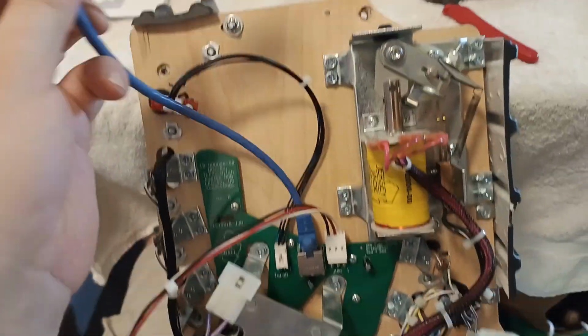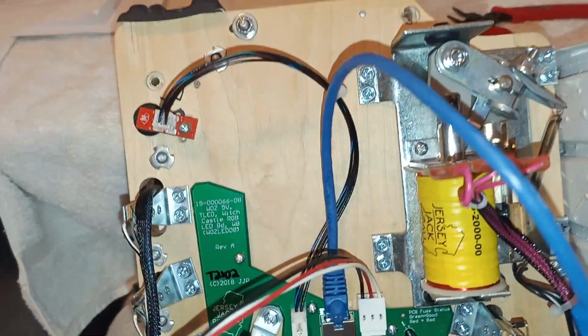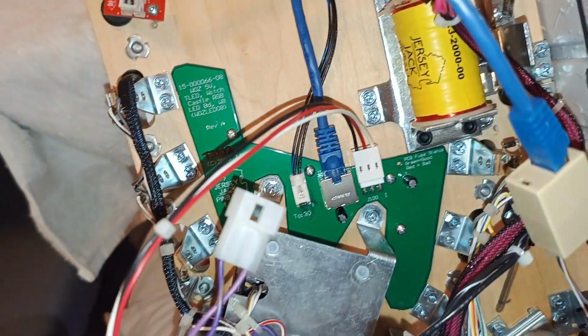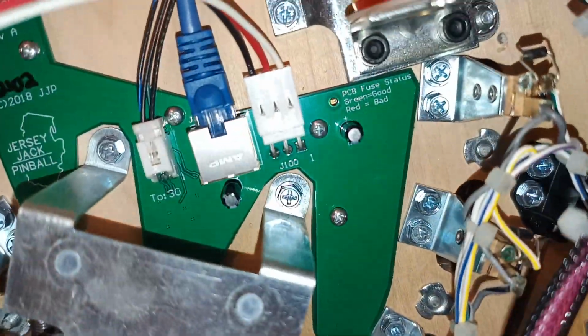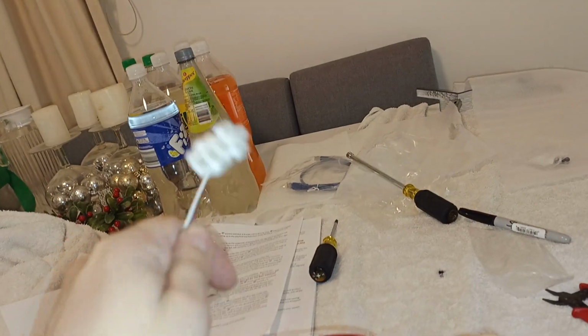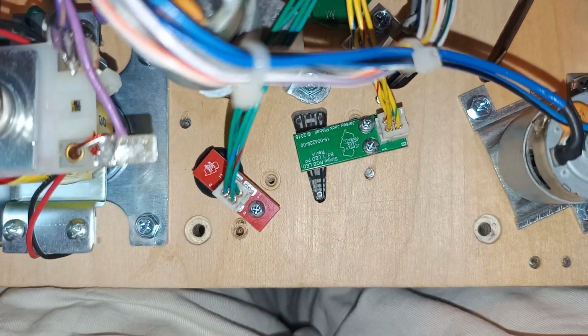All set up under the playfield. So I've got one cable with a coupler, Ethernet. And we've got here also this board, which is a tiny bit sideways. I tried moving it, but yeah, got it as good as I can. These are really dim anyways, but I'm going to get some pin stadiums. Then we got the main board, of course, power, which will go into the harness, and here, if you can get to it, got your other two boards,